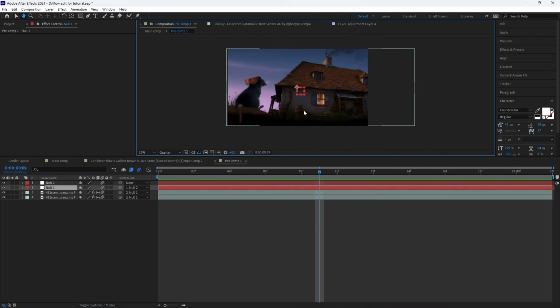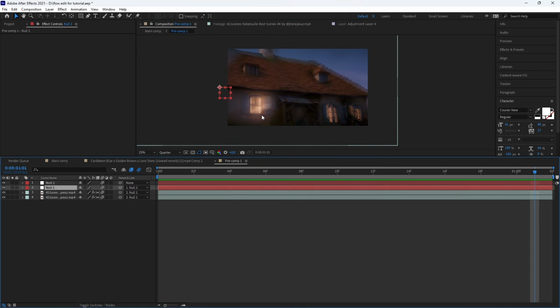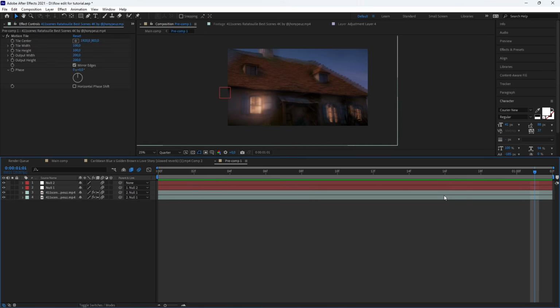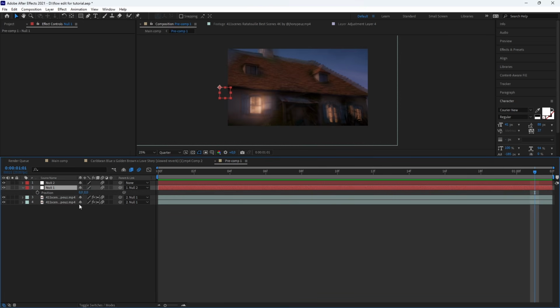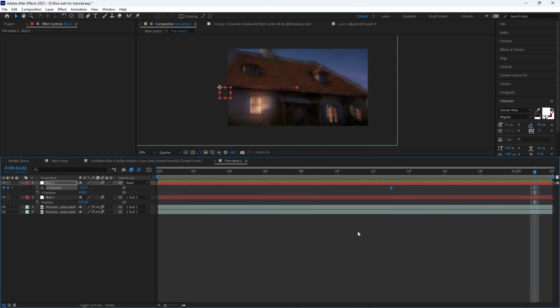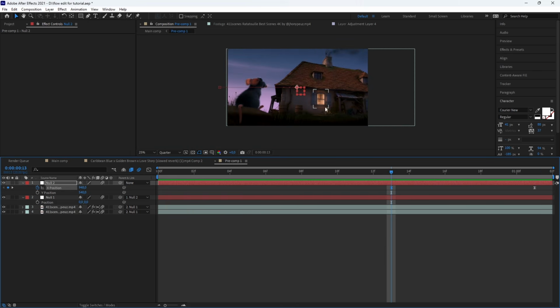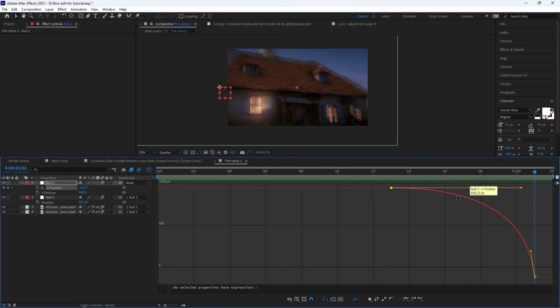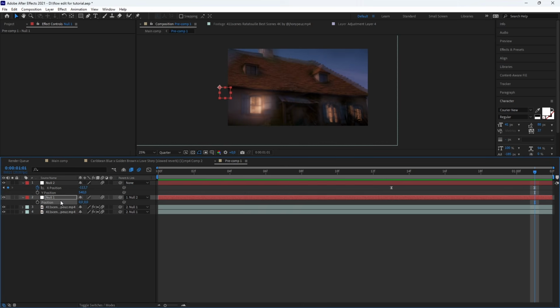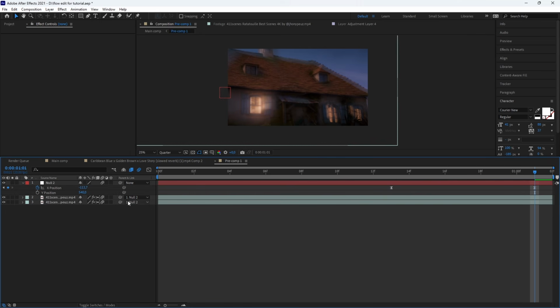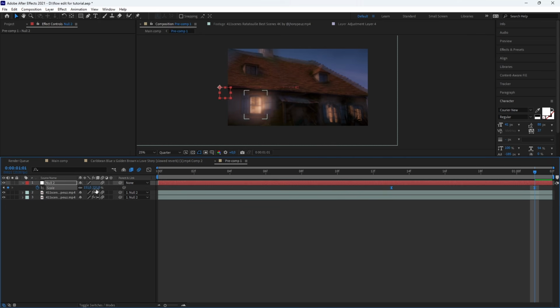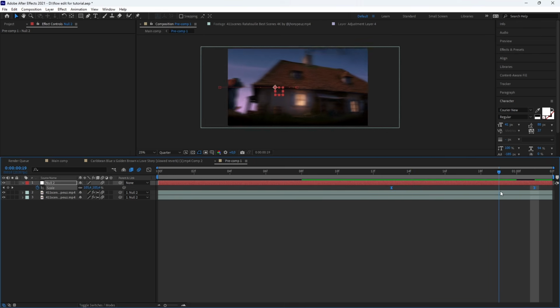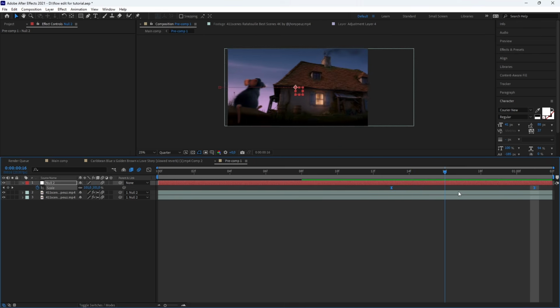And here I wanted to make a transition to the right, so I added a null that I parent both of them to, and then I just play with the position. For the position on null 2, I add a keyframe at the beginning and then one at the end to the right, with a very sharp graph like here. This one is not interesting, I don't know why it's there, so I can just remove it. And here I have a scale. I played with the scale too, to add a bit more motion.